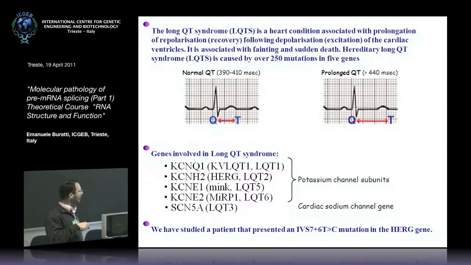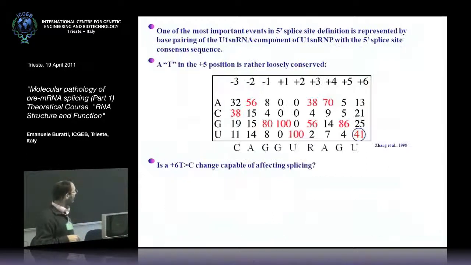And this position can vary quite a lot, because if you look at the frequency of the nucleotides in the 5' splice site, you see that whilst the positions +1 and +2 are almost always GU, and this is conserved almost 100% of the times, if you go down to position +6 of a donor site, then